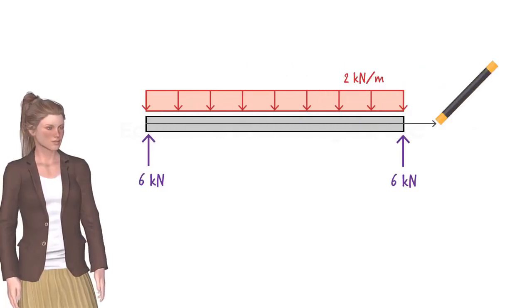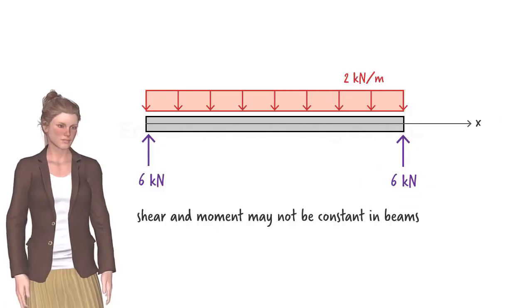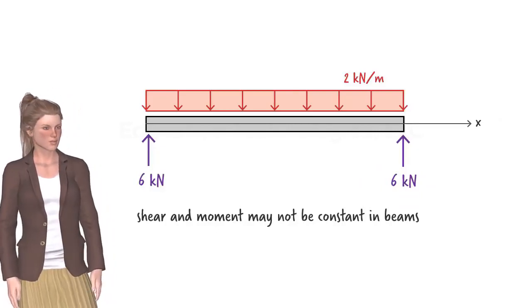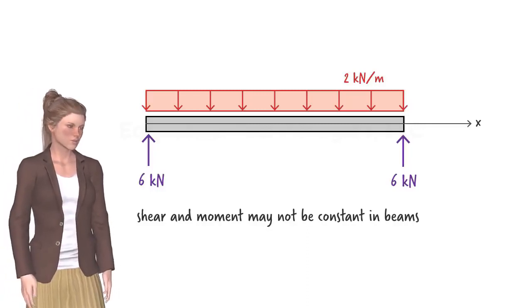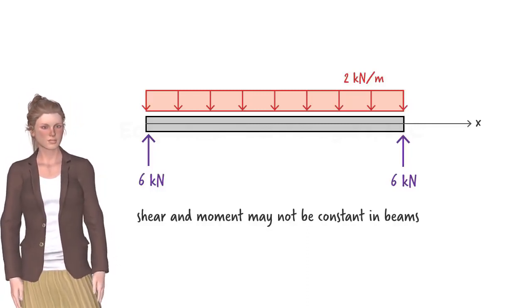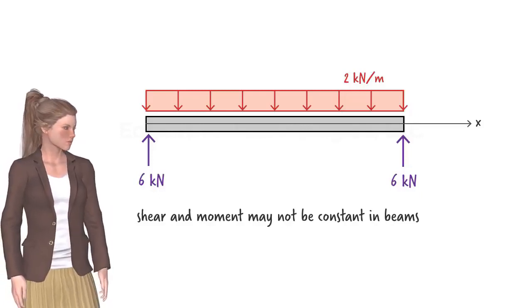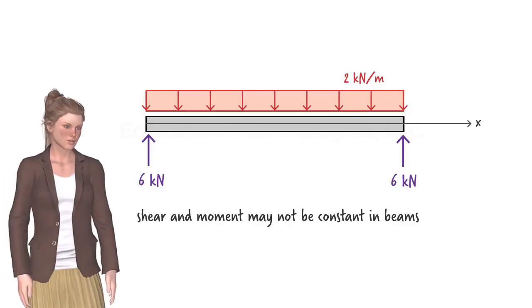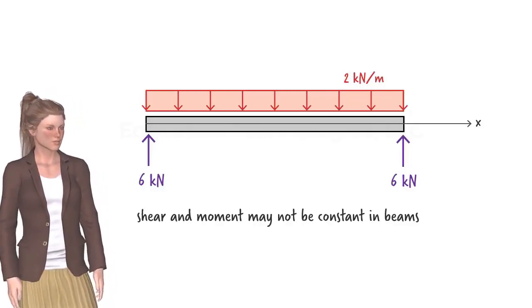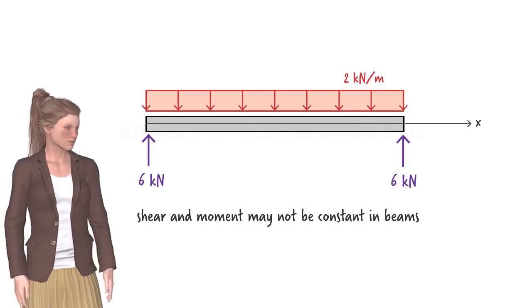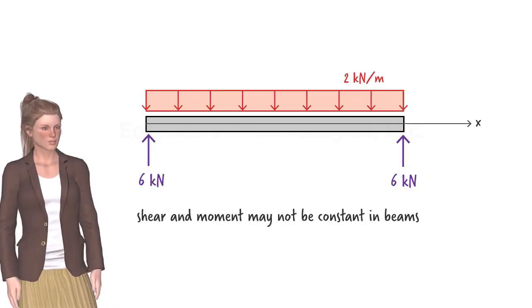Since shear and bending moment may not be constant along the length of the beam, we need to be able to either express them mathematically or graphically so that their maximum and minimum values can be readily determined. In this lecture, we focus on the mathematical representation of shear and moment in beams. Once we have the necessary equations, we can then graph them in order to visualize how shear and moment change along the length of the beam, and more importantly, to locate the points at which these internal forces attain their